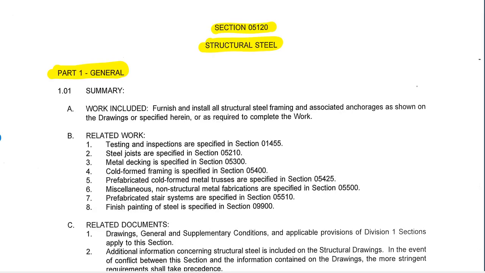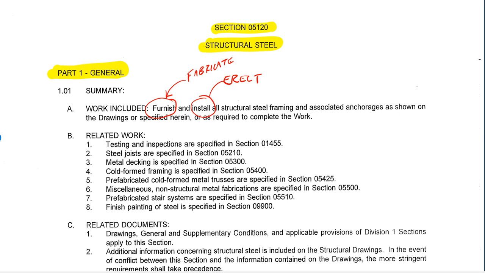So at the top here we have a summary of the work included here. And what's interesting to see here is the words furnish and install. This means that this scope of work includes producing and fabricating the steel. So the furnishing would be fabricating, and then installing in steel means erecting steel. So we've got fabrication and erection of steel, and then there's a lot of other work that needs to be